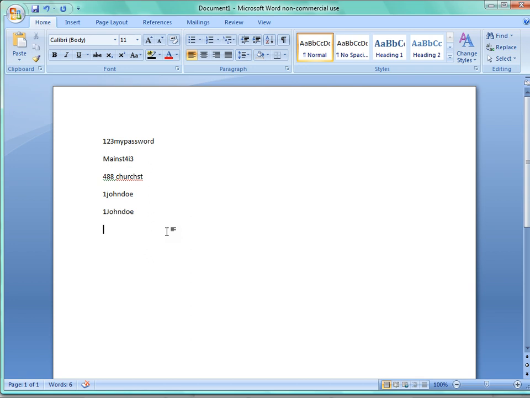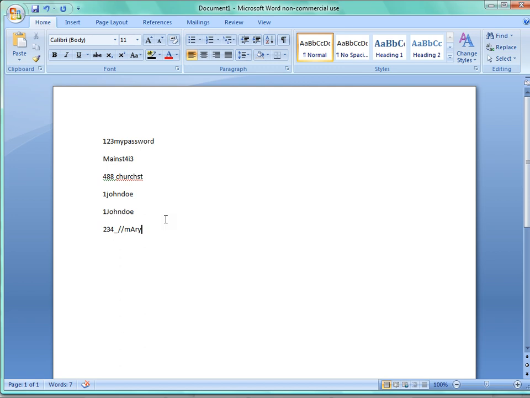So what you want to do when you're making a password, you want to be a little creative. You want to put some numbers. You want to put an underscore, and an underscore is just shift and the button next to the 0 on your keypad. There's a little button with a small line and a big line above it. You hold the shift button down and hit that button, you'll get what they call an underscore. You can use angles. Mary. You can use